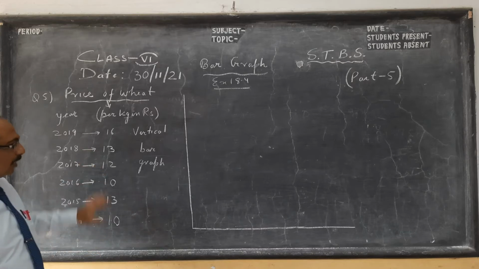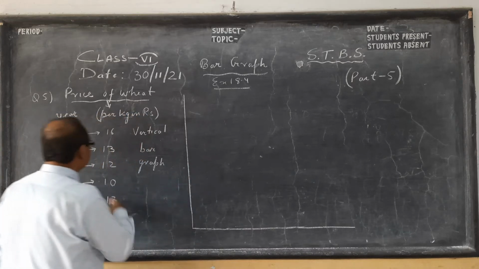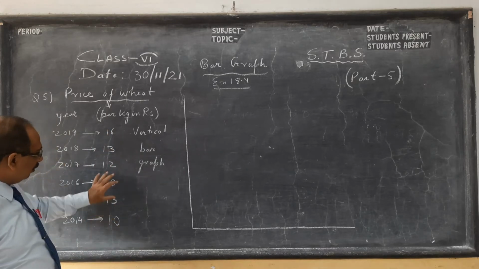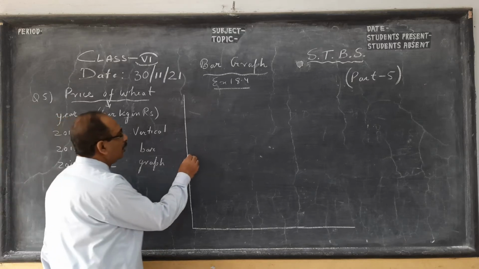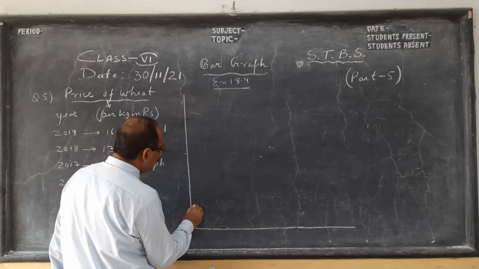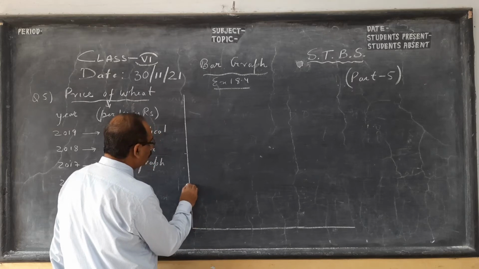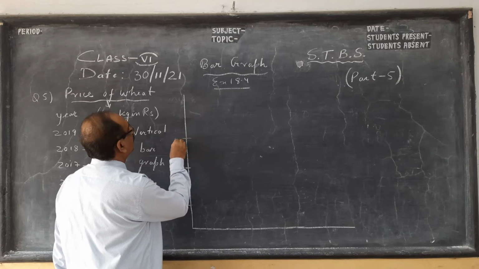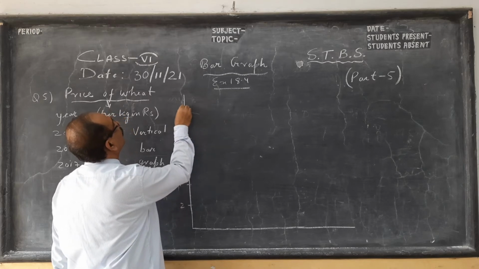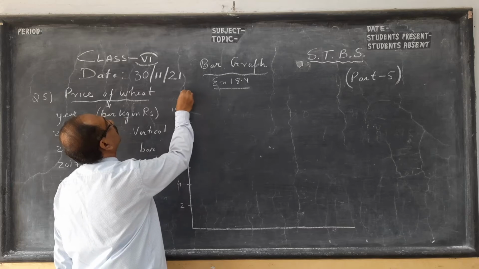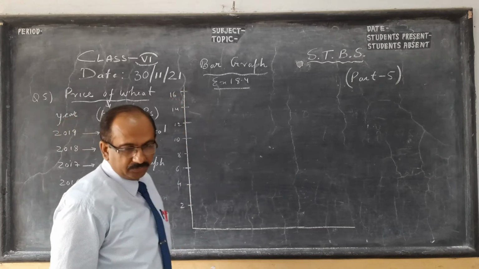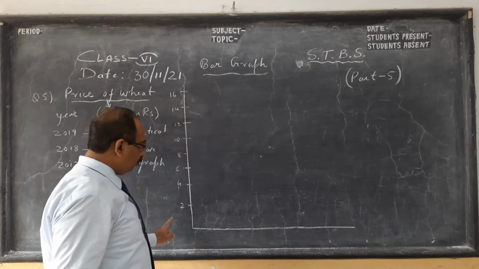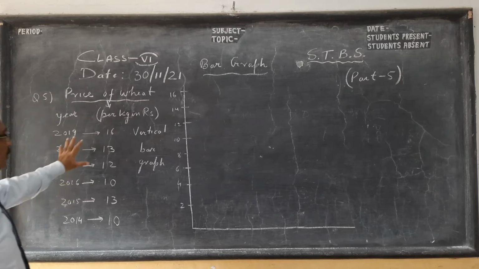So what will I do? I'll start from here. You see the total range of data I have explained, from where to where. The minimum is 10 and the maximum is 16. So here I take an interval of 2: 4, 6, 8, 10, 12, 14 and 16. Let me rub this so we will have enough place. You could have one more extra, children. So this is my price per kg.